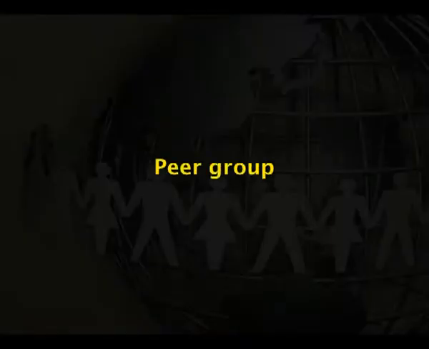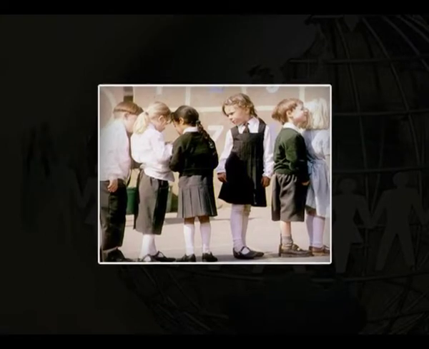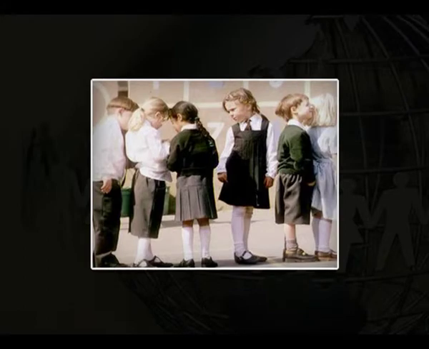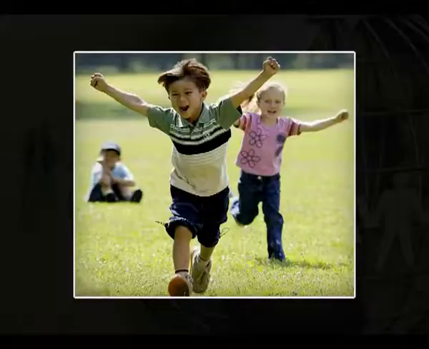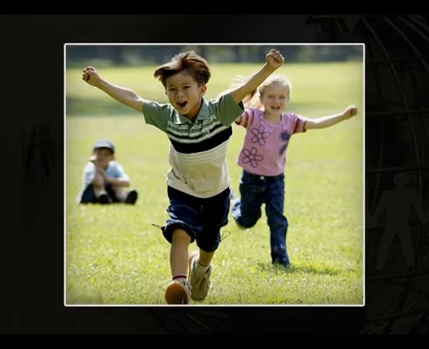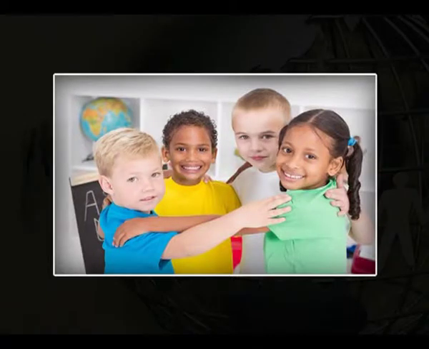Peer group. A peer group consists of individuals of approximately the same age and social class. The peer group assumes increasing importance in the life of a child, from the momentary playmate in childhood to influential partners in adolescence. The peer group reinforces behavior and attitude and develops varied social skills, emotional responsiveness, moral standards and behaviors